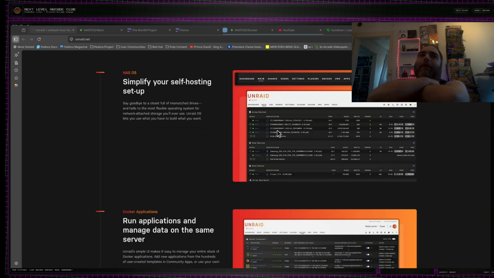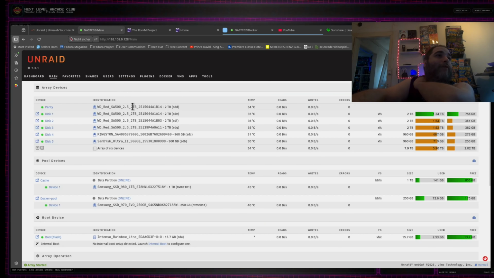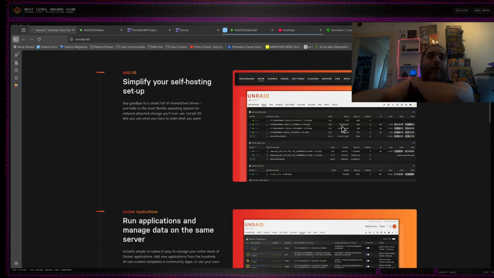So let's say in my case, let's have a look at how it's with me. With my array, I have these 2 terabyte SSDs right here, and I have two 1 terabytes. So 2 terabyte is my biggest drive. So one 2 terabyte drive needs to be reserved for parity. So on this screenshot you can see that his parity drive is a 12 terabyte as well. And all the smaller drives, they don't need extra parity or anything. You just need one of the biggest drives reserved for parity. And the good thing about it,